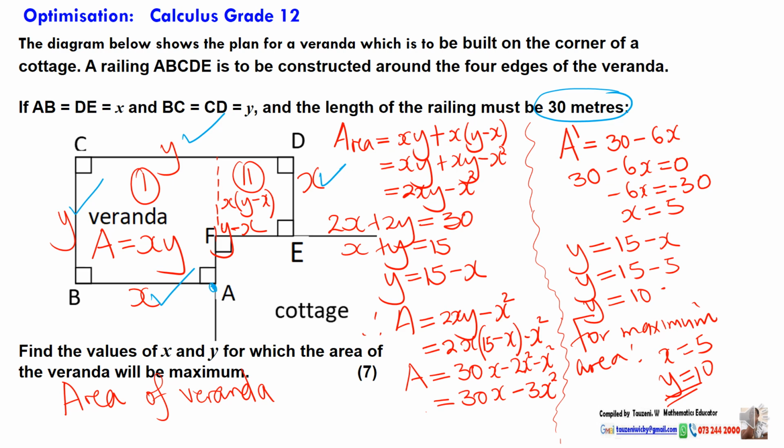Now, in some cases, they may say to you, what is the maximum value of the veranda? We now go back to where we calculated our veranda, and then you substitute. So these numbers that I got for x and y, they are the ones that can give me the maximum area of this veranda. But if I want the maximum value of the veranda, then I must go back to the veranda, which is in its simplest form before differentiation, in this form here. Then put the value of y that we calculated